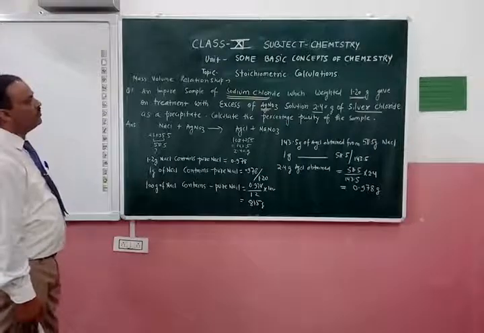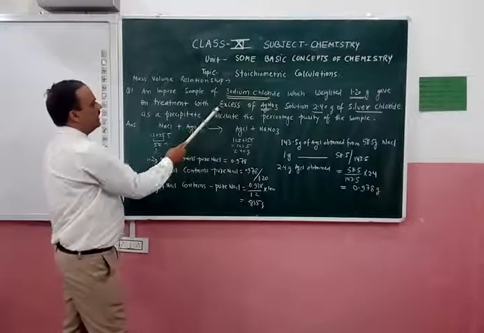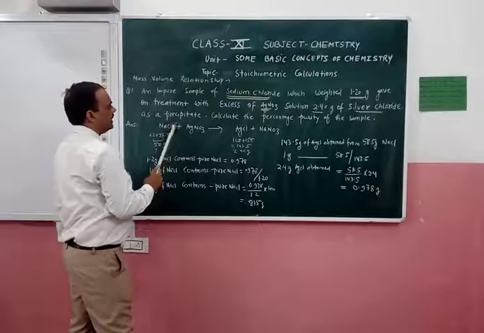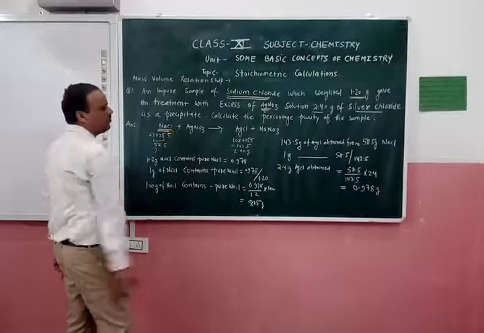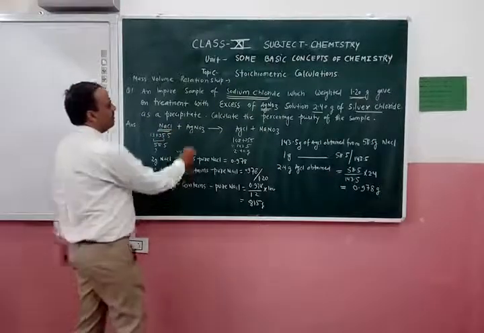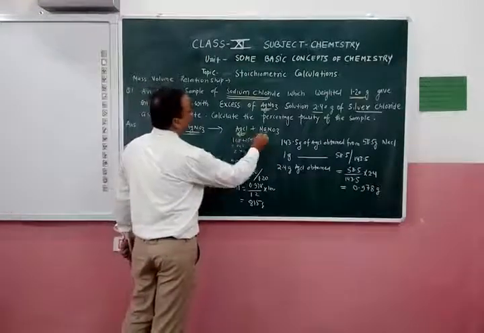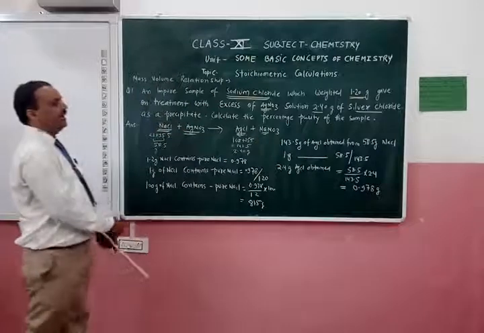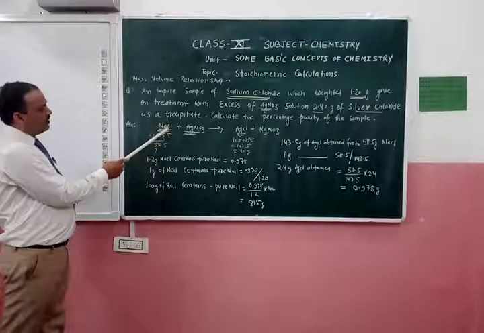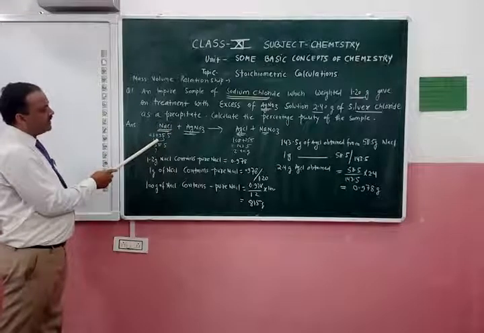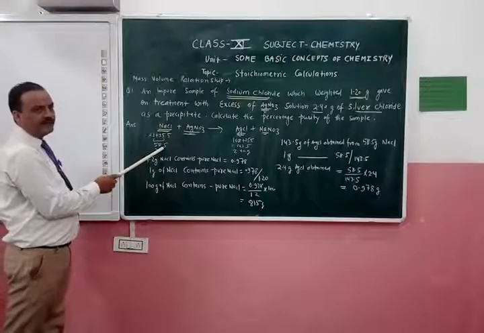So how do we have to solve this? Sodium chloride is reacted with silver nitrate, so that is the reaction we have. This is NaCl, sodium chloride. This sodium chloride reacts with silver nitrate and we get silver chloride and NaNO3. You know the molecular mass of NaCl: 23 plus 35.5, which gives 58.5 here.